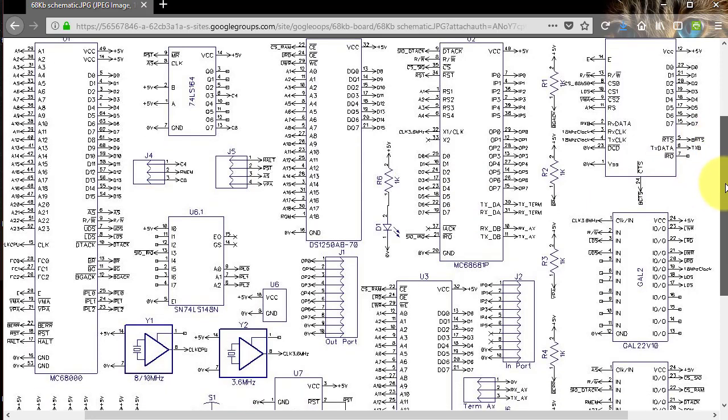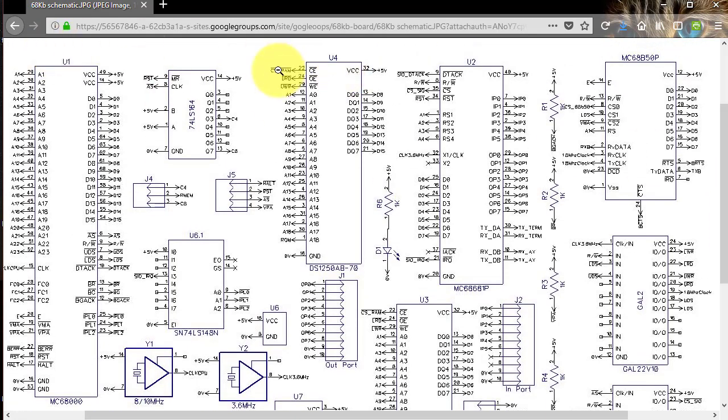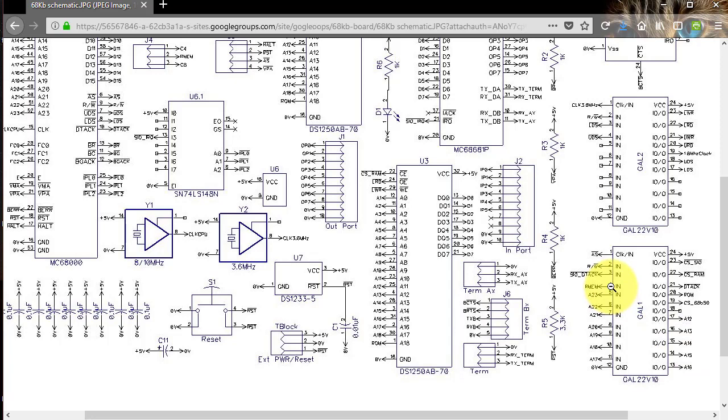Okay, so we'll go on, and the next thing to look at, oh yeah, there is also the chip select lines, and they also come from the GAL chips. This is one of the GAL chips, as you can see, and that basically takes most of the high-end address lines, the read-write and the address strobe line, and then provides all the chip selects for the serial input output, the RAM, data acknowledge, the ROM side of things, and this, again, the serial chip